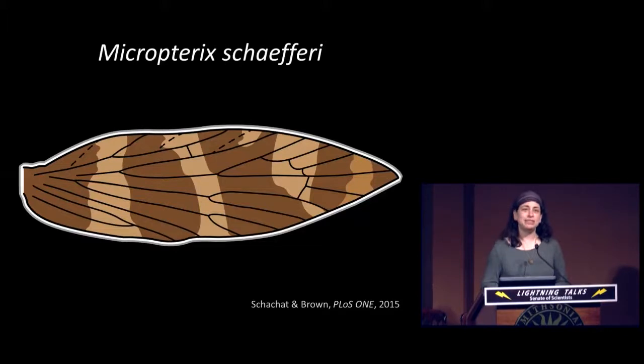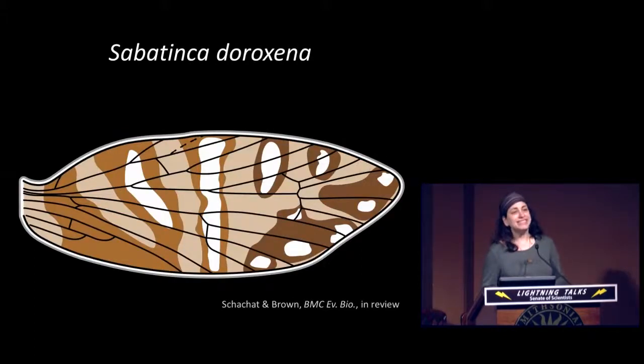Here's one example, the species Micropterix schaefferi, and as you can see, the wing margin model does hold for this species because where all of the ancestral veins terminate along that upper costal margin of the wing, we have one band of color surrounding each vein with these alternating dark and light bands. Now here you can see another species from that same family, Micropterigidae. This is Sabatinca doroxena, and at first glance it appears that we have pretty much the same exact thing going on in this species. We have these alternating dark and light bands of color surrounding each ancestral vein at the